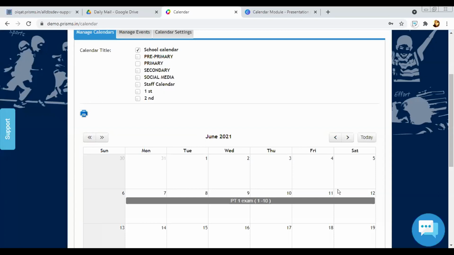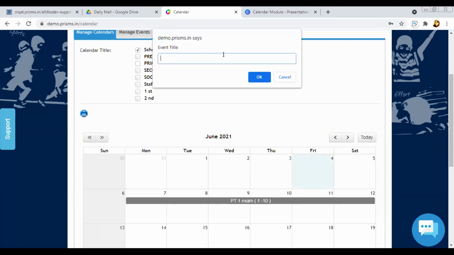Or do we have the provision? Suppose we have made our calendar in an Excel sheet and we can just upload it. No, you just have to copy paste. You can just select the date. Is there an export and import system? No, that is not there. You just have to copy paste here. Can we copy paste? Yes, you can copy an event in this.